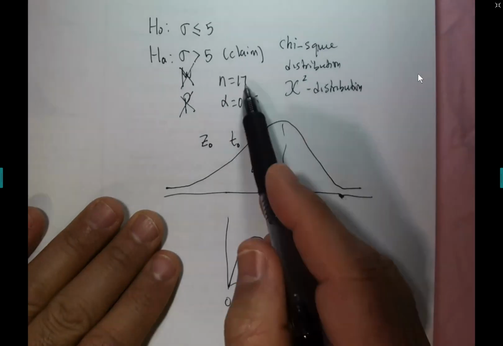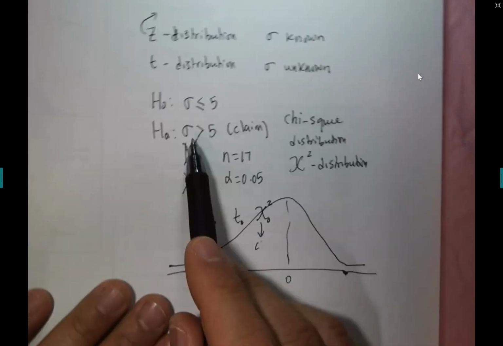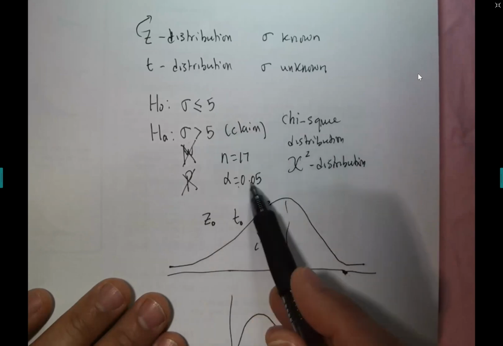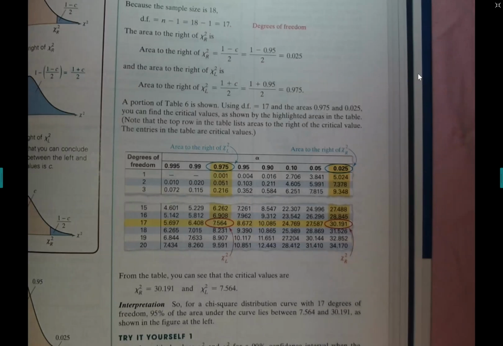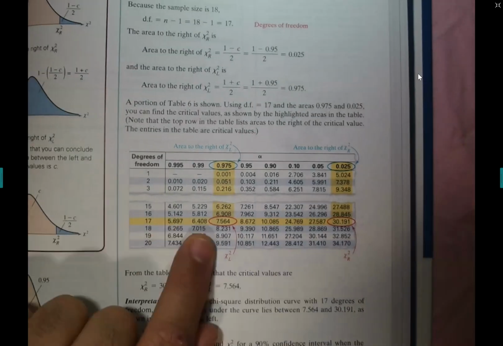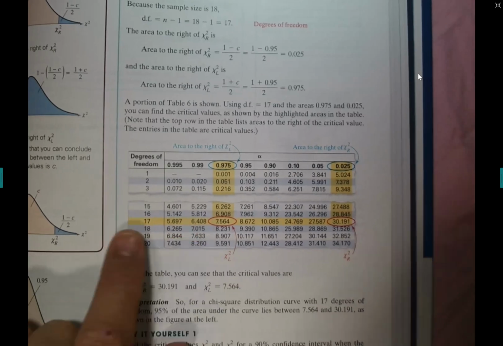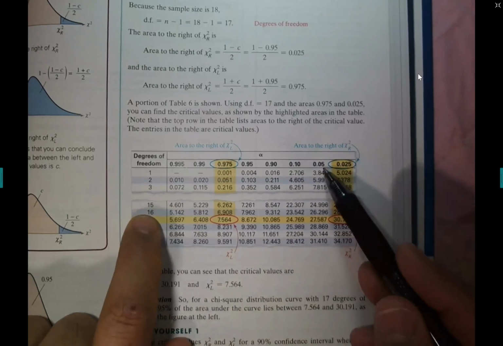Now, how do you use the table? It is a right table. So when you have a right tail test, you can use the table as is. For example, if alpha is 0.05 and n is 17, what would be the degrees of freedom? 17 minus 1 is 16. So you look at 16 and look for alpha 0.05, and scroll down until you get to 17. Then your critical value will be right here,